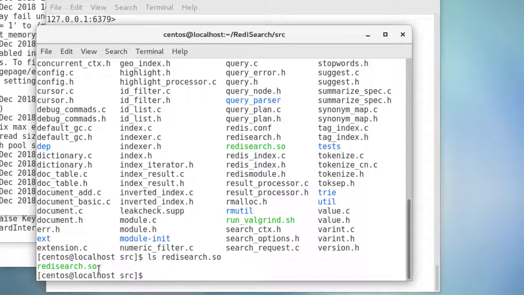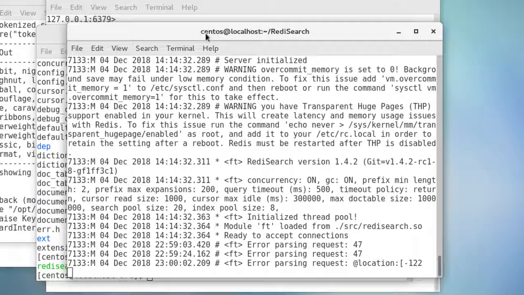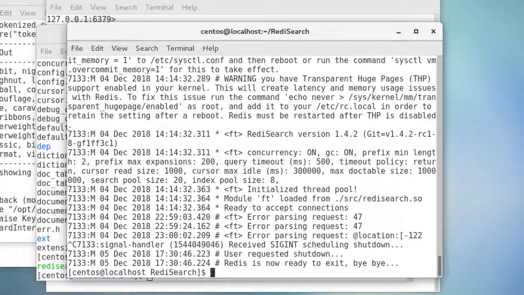So here you see the redisearch.so. Now this is used to start Redis on any Redis server on your command prompt. Your command will look like redis-server --loadmodule src/redisearch.so. This loads the Redis search module on top of Redis, so you can utilize the Redis search commands in your Redis